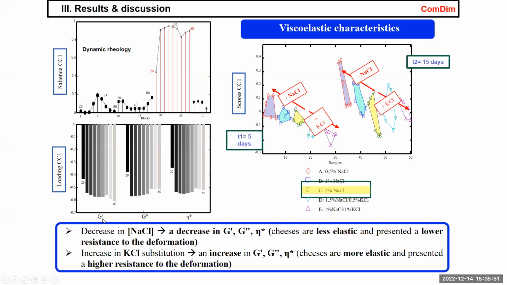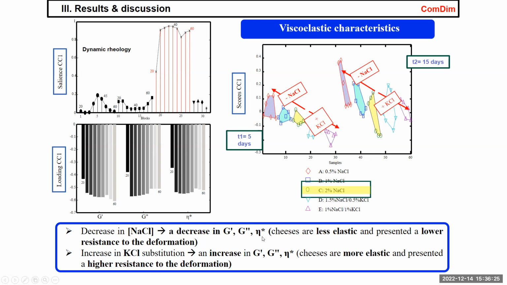So the elastic properties, viscous properties, and dynamic viscosity are all very important, and therefore change when we change the salt formulation of the cheese. Looking at the scores distribution, we can see that if we decrease the sodium content of the cheese, here you have the standard, we will have a decrease in the different viscoelastic